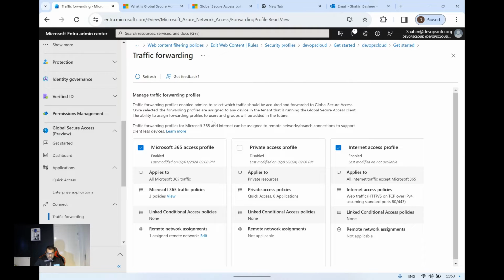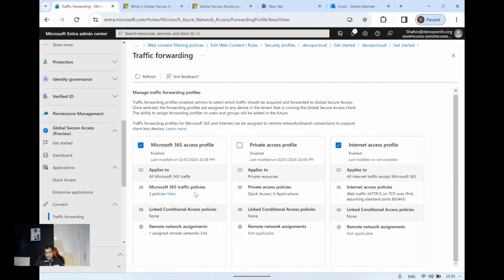So if you take a look at the Microsoft 365 access profile, the first and foremost thing is, in order to activate this, you need to have the Microsoft 365 P1 license. Yeah, Microsoft P1 license. That's very important. If you don't have a P1 license, you wouldn't be able to do it. And then the default Microsoft 365 traffic policies, we will take a look at it. And the moment you click on the Microsoft 365 access profile,